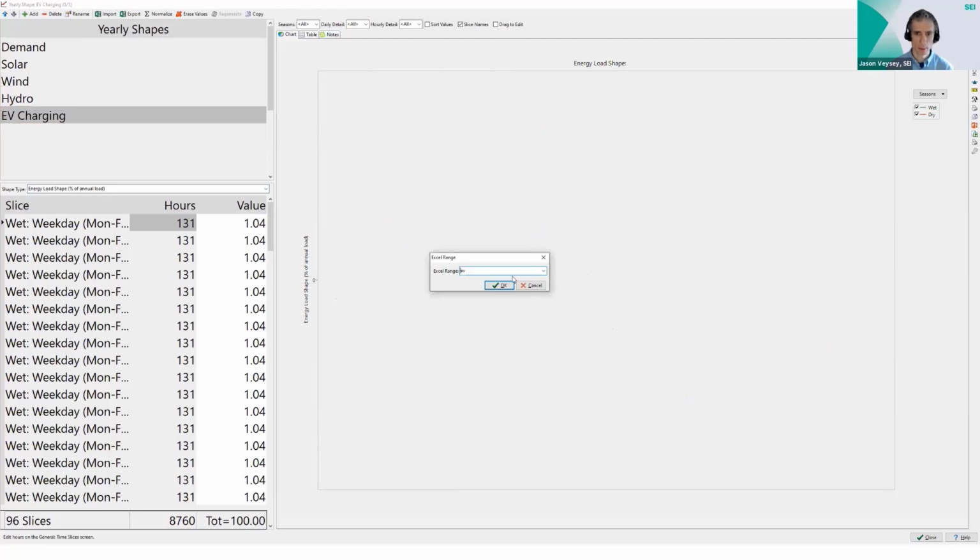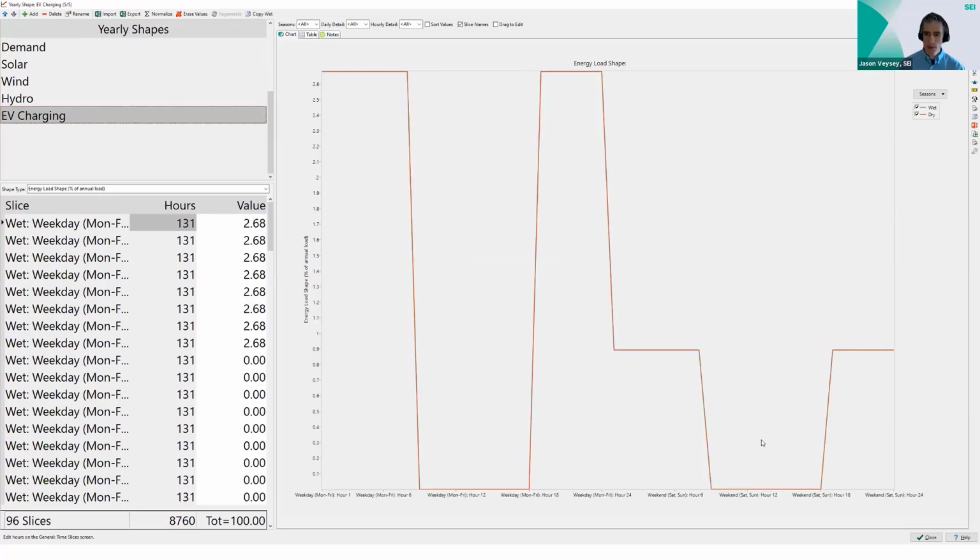And here I can do my import. So this is how this set of data actually looks. You end up with the charging happening during the overnight hours and no charging during the daytime hours, as an example. I'll close this window